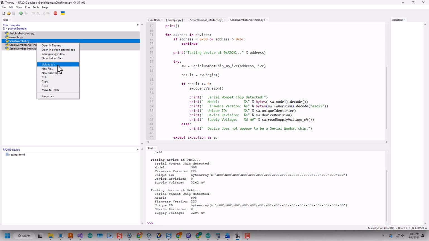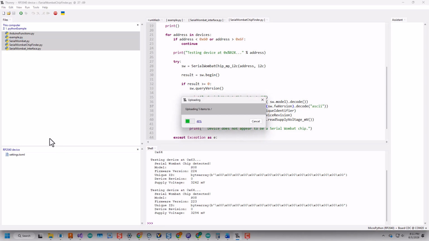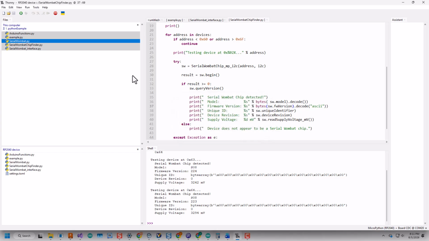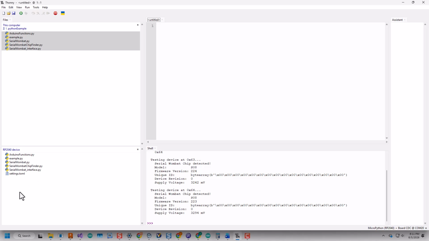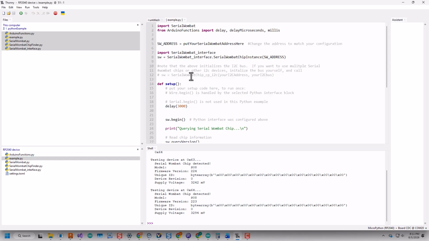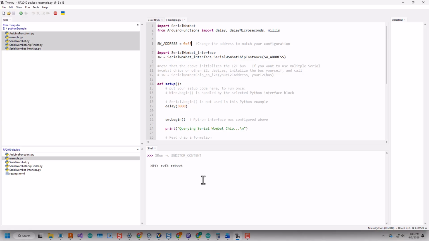And so you can see if you go into the interface file, that gives you the option to set the pins that you're using. When you go into your example, you need to set the address. In the case of the XIAO board, it's 0x63. And if we run the example, we can see that, okay, it found a Serial Wombat 8B board version 2.24. The current power is 2.342 volts, and it starts pulling the